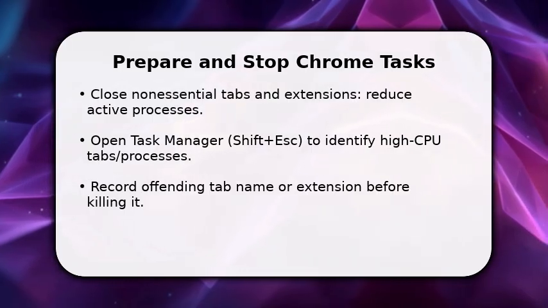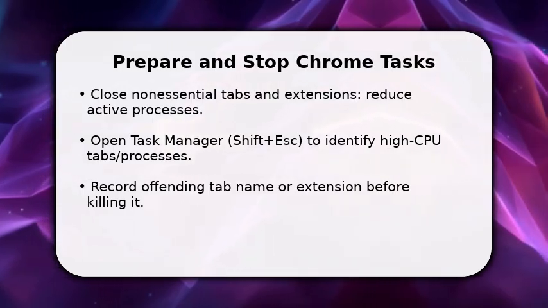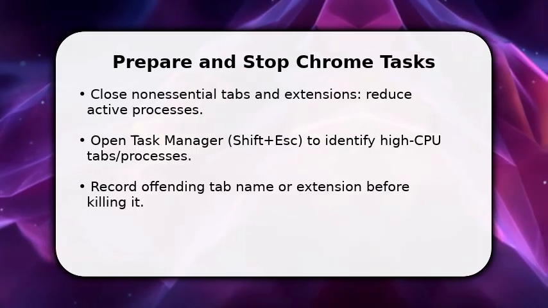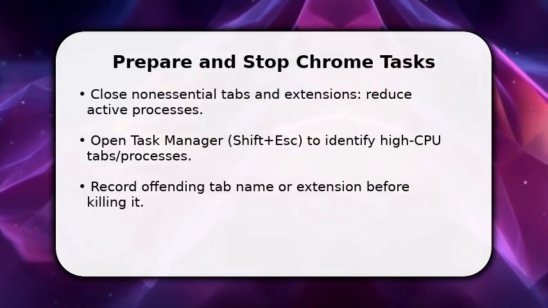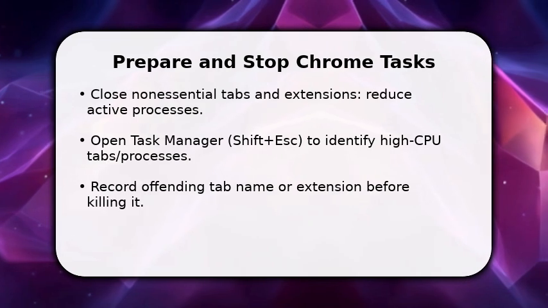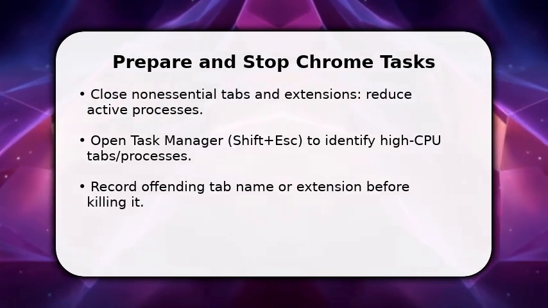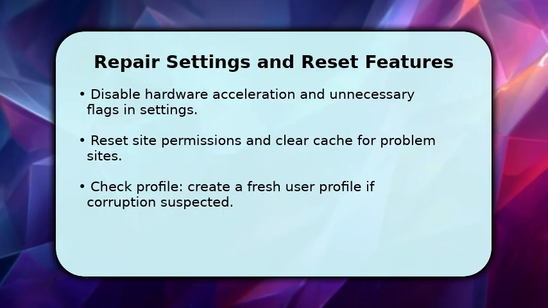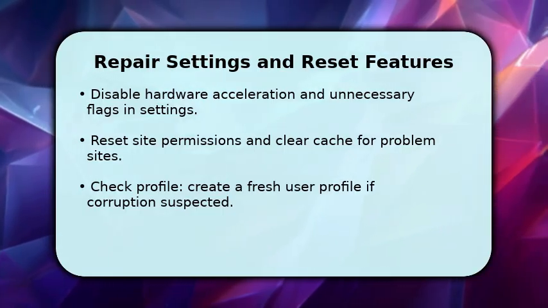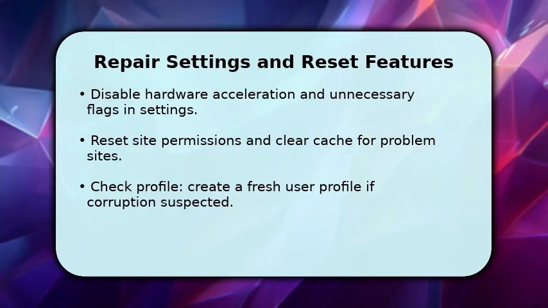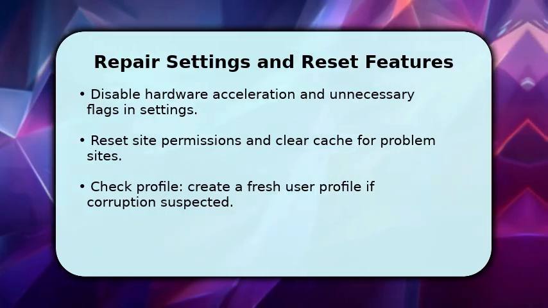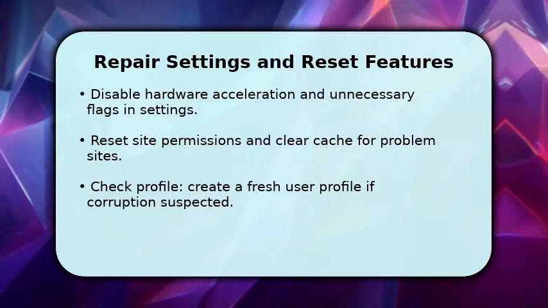Doing this reduces immediate load and isolates the source, which lets you diagnose rather than guess what is causing the spike. Next, you fix configuration causes. Go to Settings > System and disable hardware acceleration because some GPUs cause CPU spikes. Restart Chrome to test. Make sure to clear cache and reset site permissions for pages showing problems, since bad scripts